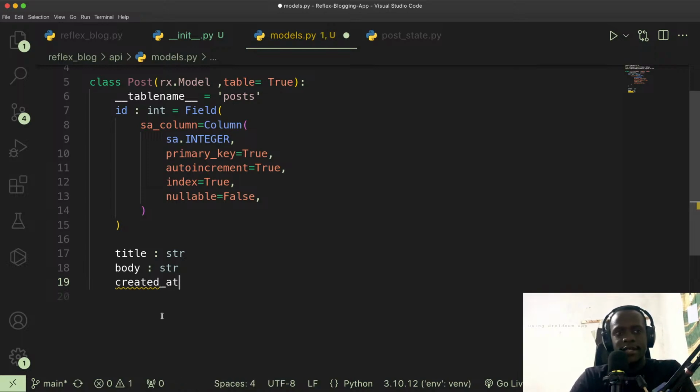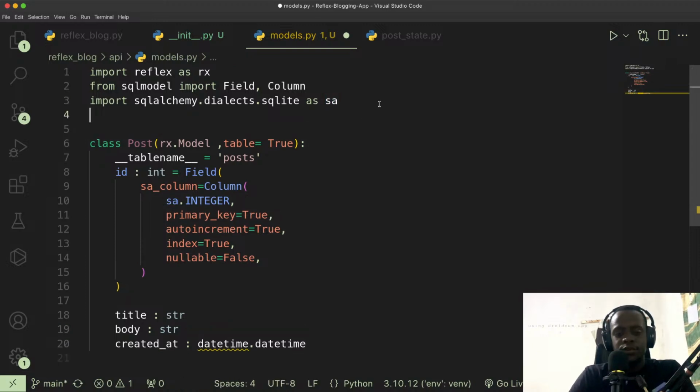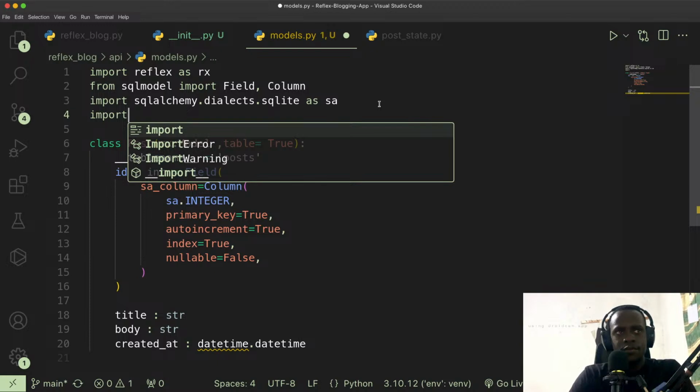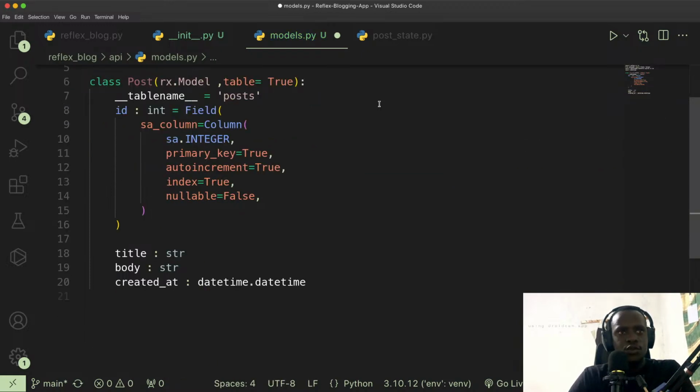So I can add, let's say, a created at, and that is going to be a datetime object. So I can just come right here and say datetime dot datetime, but then I haven't imported datetime yet, so I have to go ahead and add that. I feel like my computer is lagging somehow. So what I can do is to go ahead and import datetime, and once I've been able to do that,